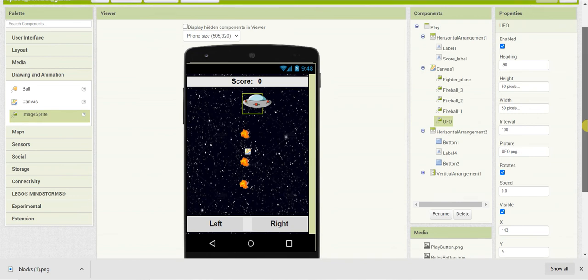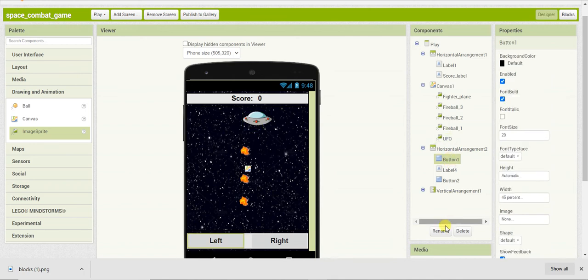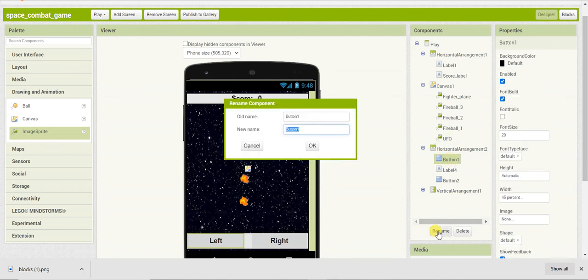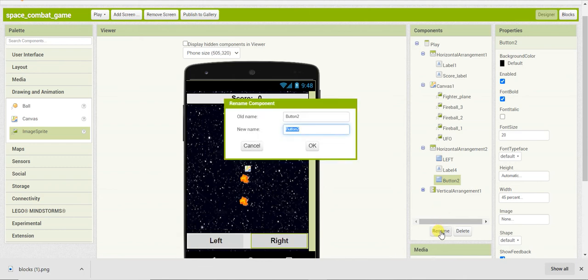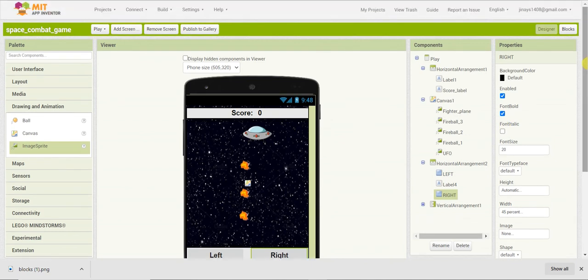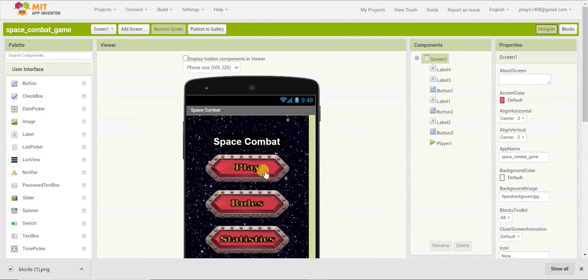So we are done with the designing part and now we'll move to the coding part. But before that I'll rename the buttons as well. Now I'll go to the blocks section, but first we'll code for the main screen 1.